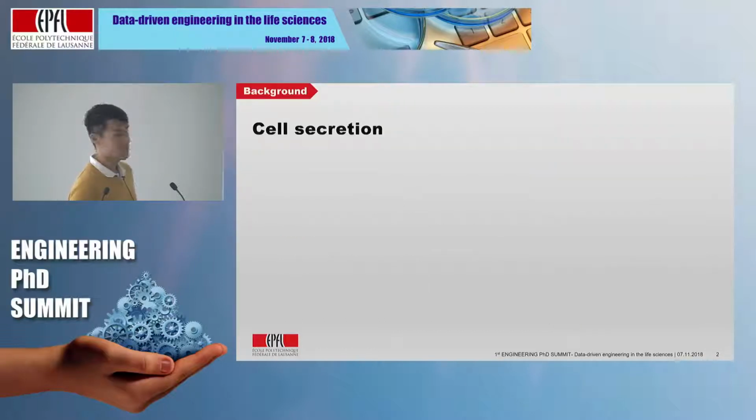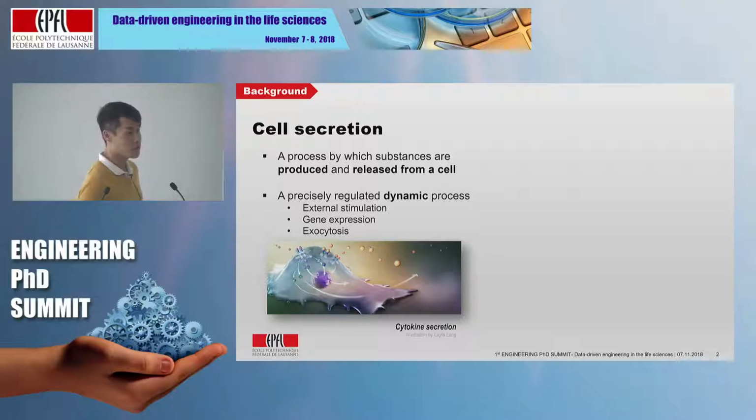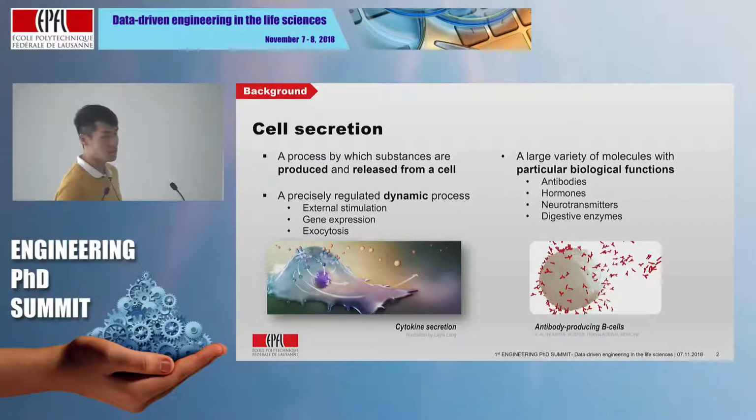So what is cell secretion? It is a process by which multiple substances are produced and released from a cell. It's a highly regulated process that incorporates multiple steps, from external stimulation to specific gene expression and final protein production and exocytosis. This process concerns a large variety of different kinds of molecules, from proteins, hormones, and neurotransmitters. Such as the antibodies secreted by B cells, which can fight against pathogens and protect our human